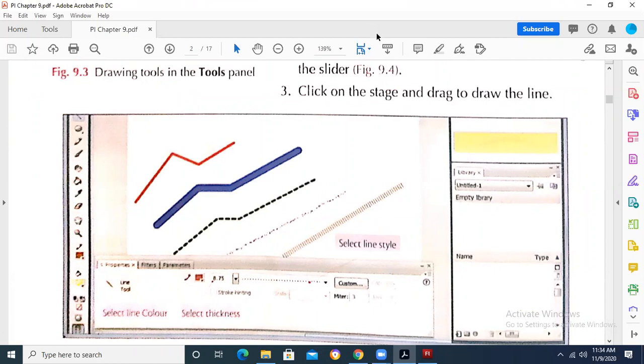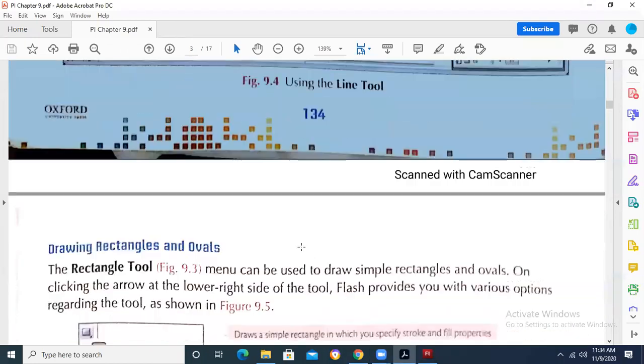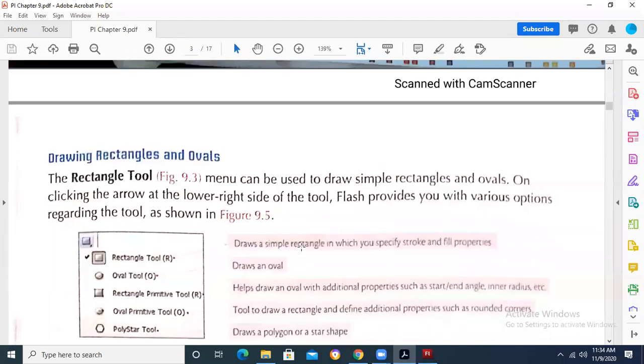The line can be drawn in any of the color schemes depending on our requirement. The line can be drawn in any of the given designs, just like you can see over here. Full line, dotted line, dashed line, complete line, thick line. Depending on our requirement, we can draw the line. So we have gone through all these options that are there while drawing a line.